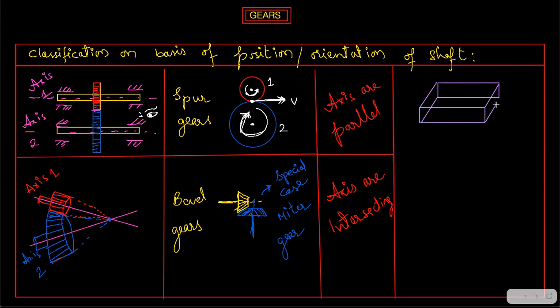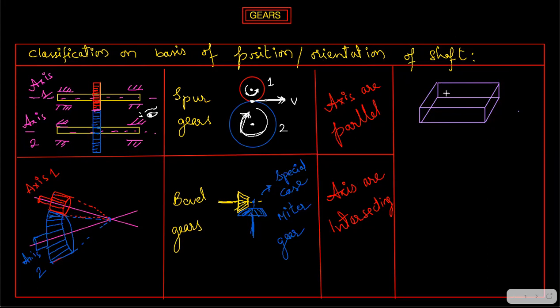I have created a box over here for reference purposes. Now imagine there are two planes: the top face and the bottom face of this cube. On the top face, imagine one shaft. Just imagine that this shaft is on the top face. I'll just draw it as a line.